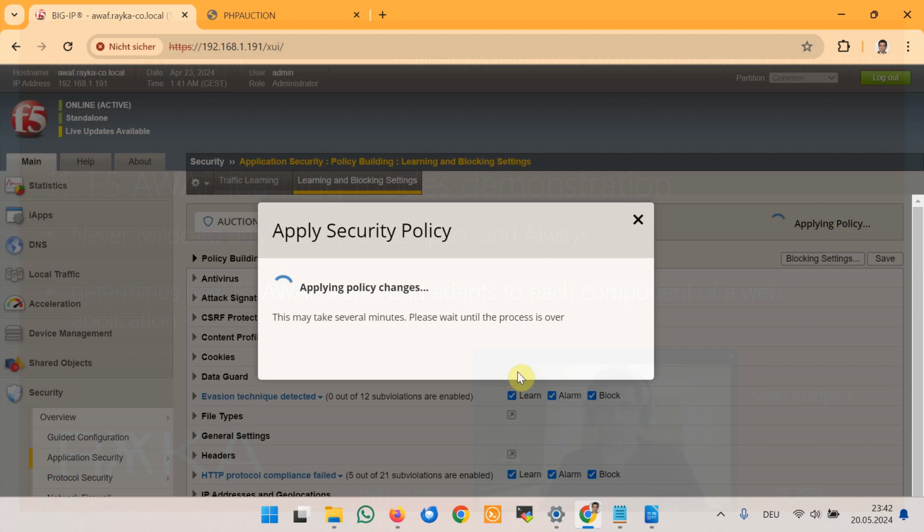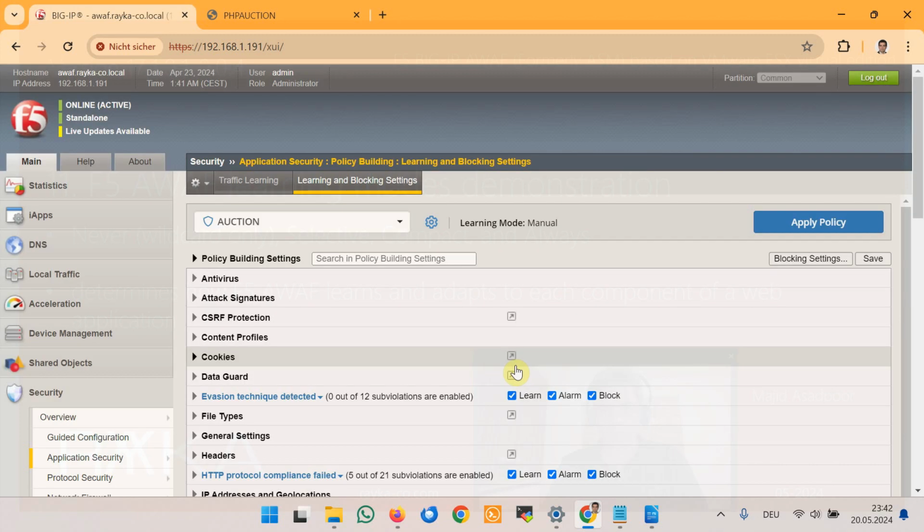As we discussed at the beginning of this section, in compact learning mode, a parameter is learned when its learning score is 100. In the previous lessons, we learned that learning score of a learning suggestion increases when the same traffic comes from different sources at different time, or when it is generated from a trusted source. To simulate a traffic receiving a learning suggestion of 100, I will add my client IP address as a trusted